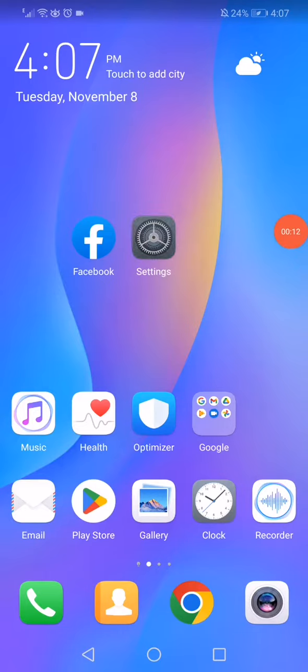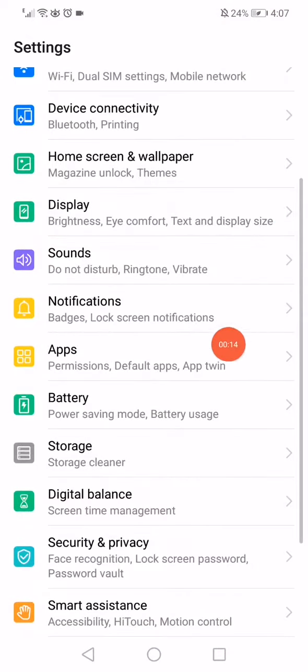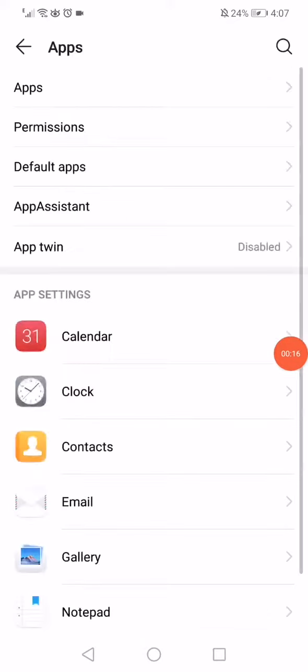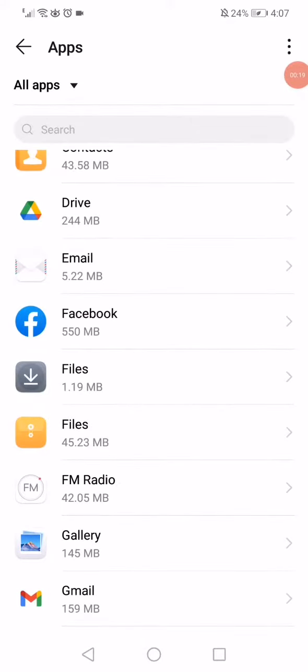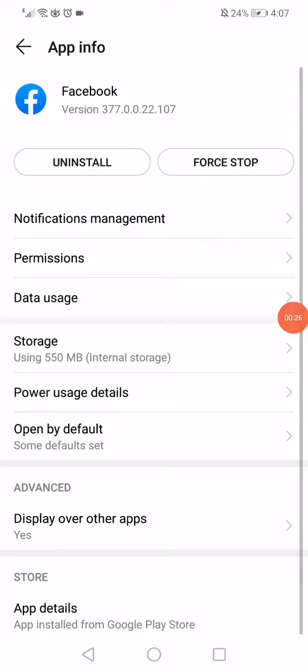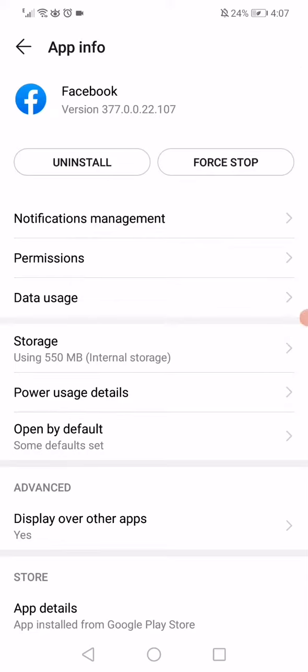Just open the settings page on your phone and then go to the apps manager right here. Go to apps at the top, and now all you have to do is simple. Just go to Facebook here, and after you click on Facebook, between all the apps that you have on